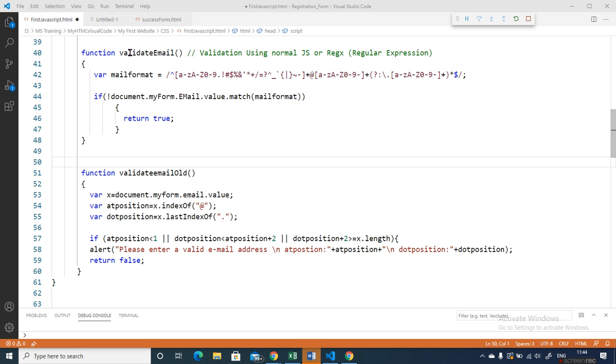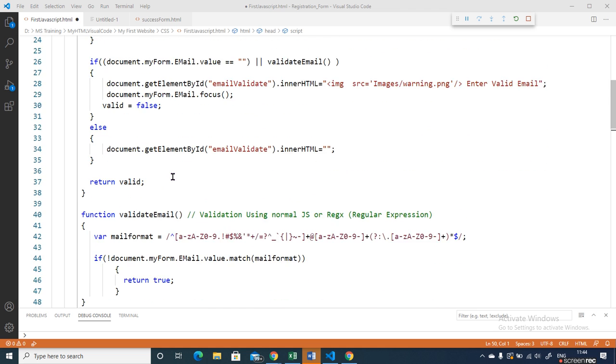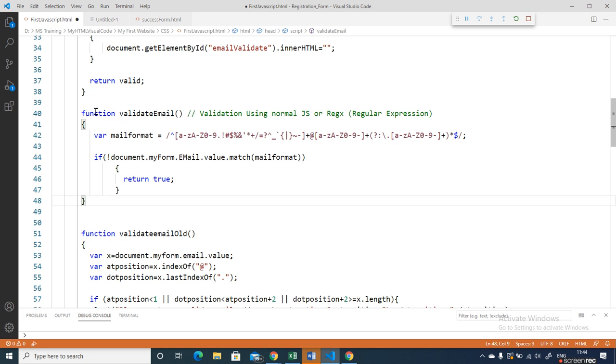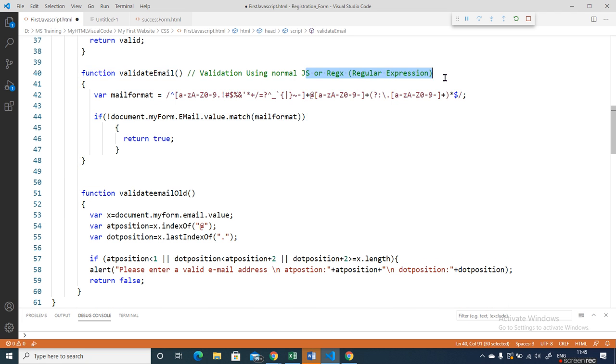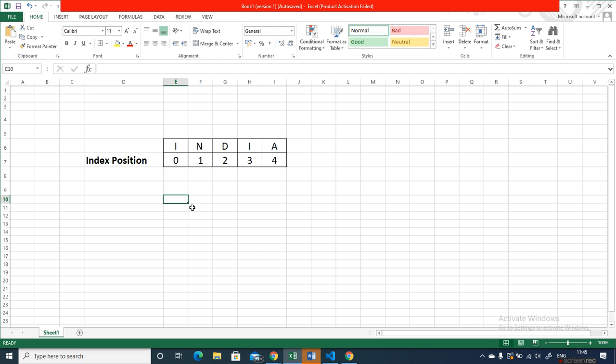Okay, so here are two ways to validate the email. This is our earlier code, in that, validate email. This is one method to validate using the regular expression, and this is the traditional old way, which is through only plain JavaScript. Now I just write one email ID here, say